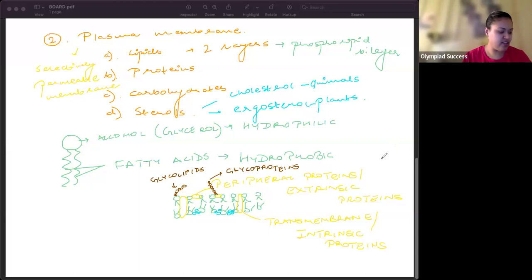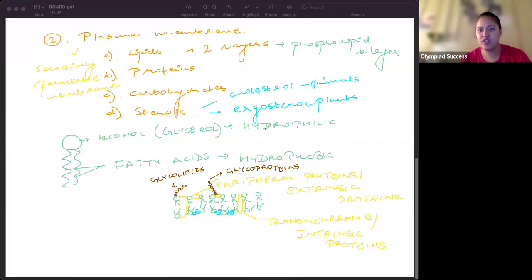So you must have heard that if you have a lot of cholesterol in the body or you eat a lot of fats, the cholesterol goes and clogs the arteries or the heart. It's because of that only, because it's already present in the plasma membrane. So if it's in excess, it will get stored in the plasma membrane more and more, and the walls will become thicker. The moment the walls become thicker, arteries have a chance of getting blocked. Okay. So, since plants don't have cholesterol, it's something called ergosterol.